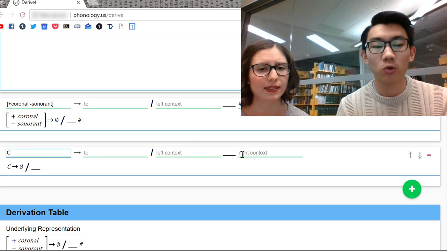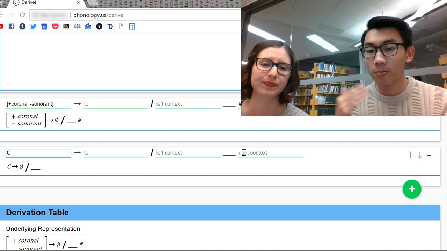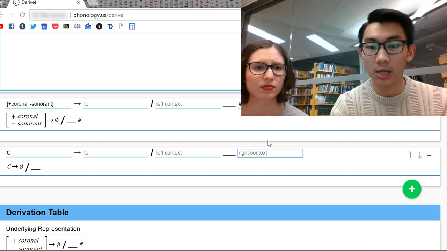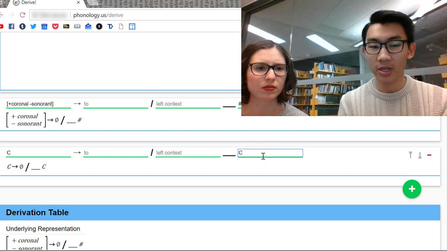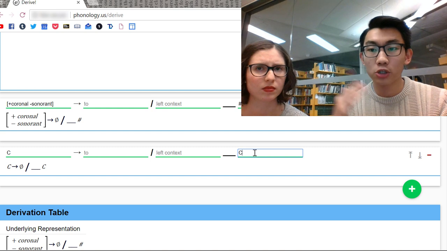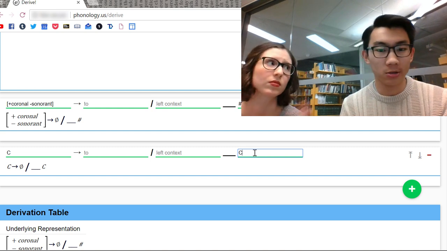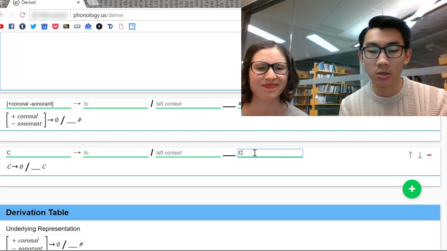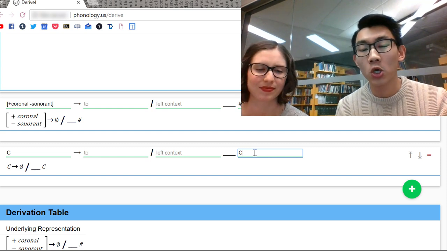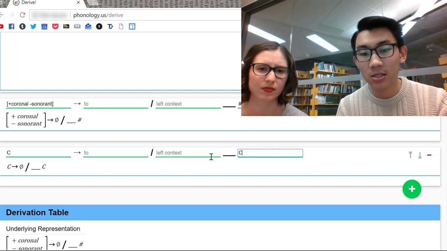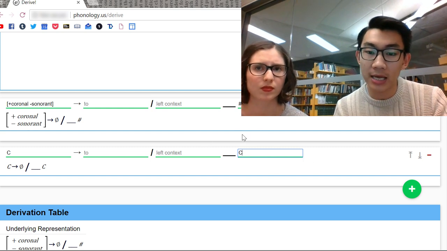And we also want this rule to apply to consonants that occur before other consonants. So in the right context here, we would put another consonant. But notice how this doesn't really cover it because this would also apply to consonants that follow two other consonants or four other consonants, or there could be a whole list of consonants, which is not what we want. We only want it to be in a cluster of two consonants, which means we would also have to put either a vowel at the end of this consonant or a word final boundary at the end of this consonant,